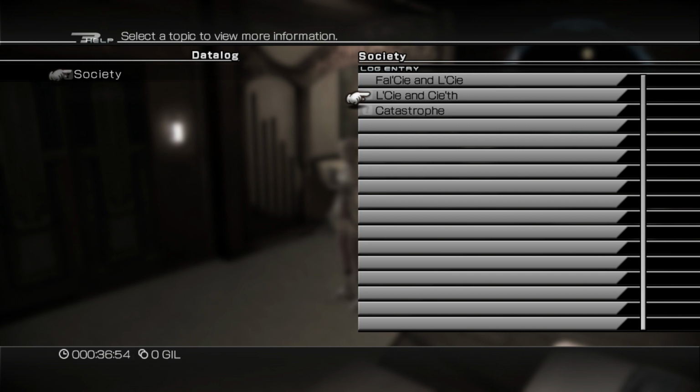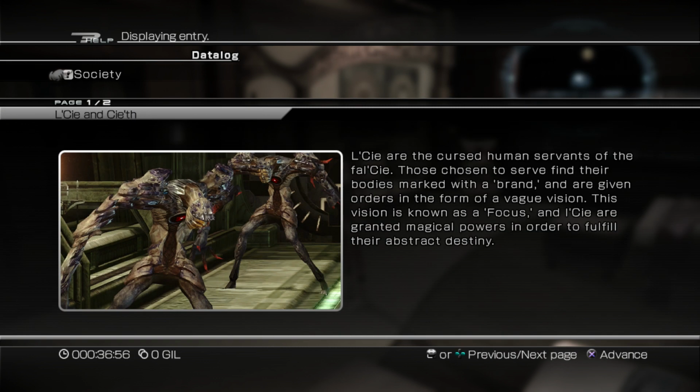Lassie and Seath. Seath are the cursed human servants of the Falsey. Those chosen to serve find their bodies marked with a brand and are given orders in the form of a vague vision. This vision is known as a focus, and Lassie are granted magical powers in order to fulfill their